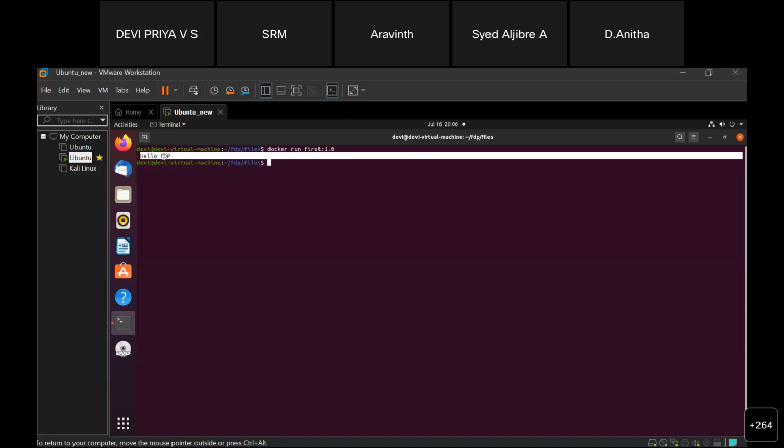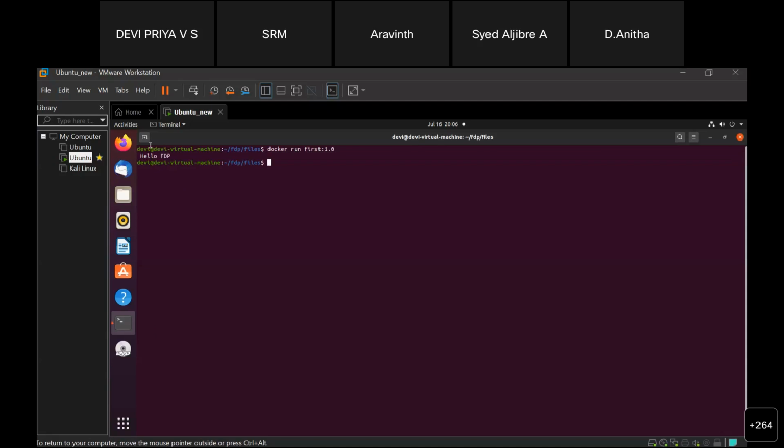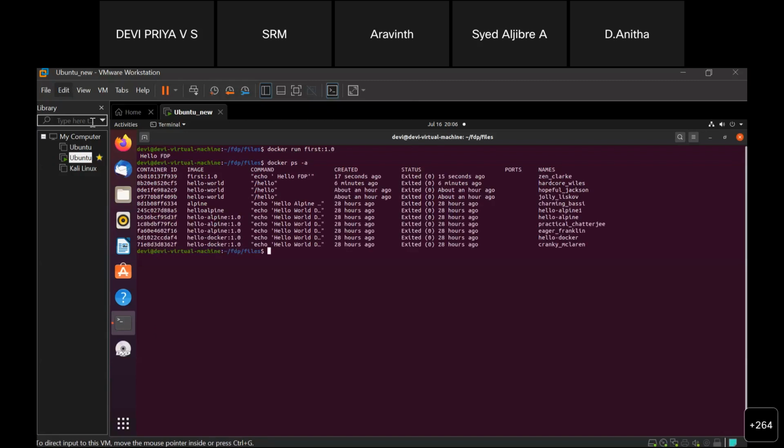And if we check the containers, docker ps -a will list all the containers. For the first image, we have created a container here, and the command is simply echoing hello FTP. So this is how you create a simple Docker image.